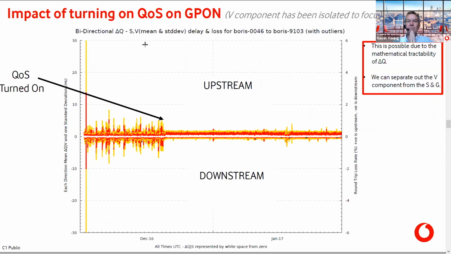And one of the main attributes of quality attenuation is that it's mathematically composable. As I say, you get a statistical distribution for each of these elements of the latency. But the fact that you can combine them and add and subtract them means you can remove, say, the S and G components from your results and focus purely, for example, on the variable component that I said was due to scheduling. And then you can examine the impact of quality of service markings, for example, on that.